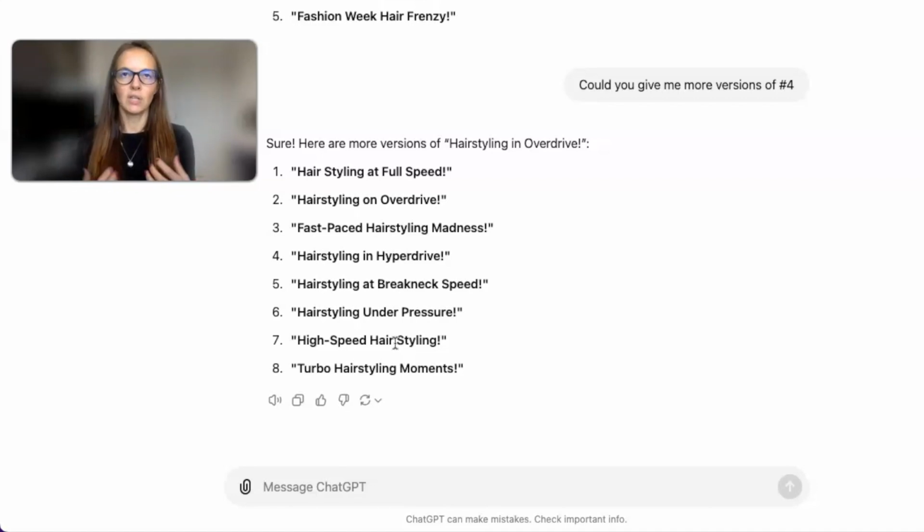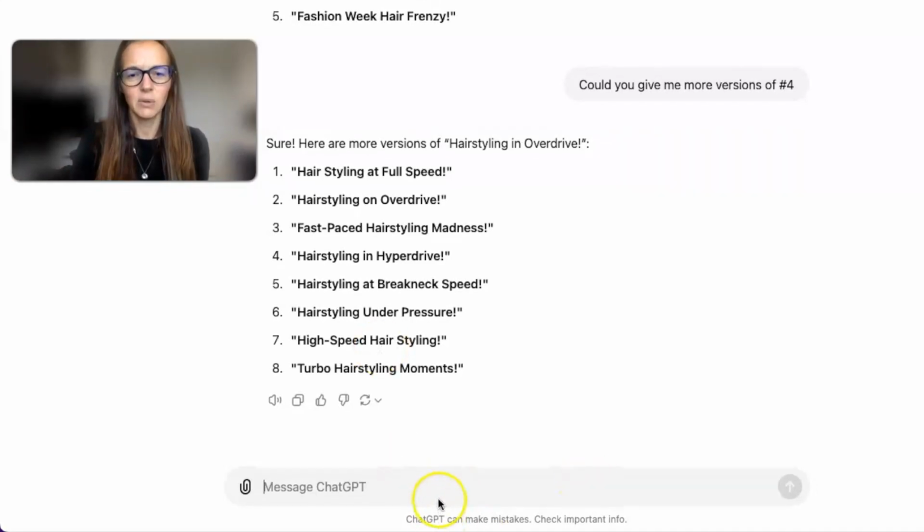So this is how you can use it to get your titles and your thumbnails, get ideas for your channel, also understand the emotion of your audience, create a customer avatar for your channel just so you have an idea of someone in mind. And then lastly, you could also say, okay, write a keyword heavy,